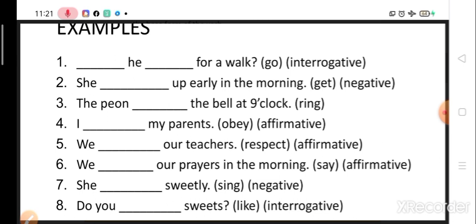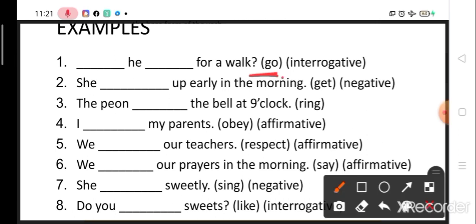he dash for a walk. Now we are supposed to fill in this blank with a suitable form of go, wherein the sentence should indicate a present indefinite tense. Also, this question mark makes it very clear that it is an interrogative sentence. Now, in the rule we have already seen, for a negative or interrogative sentence we are going to use do or does, and then we are also going to use the base form of the verb. So the word given, go, is already in the base form, so we are not going to change that at all. And